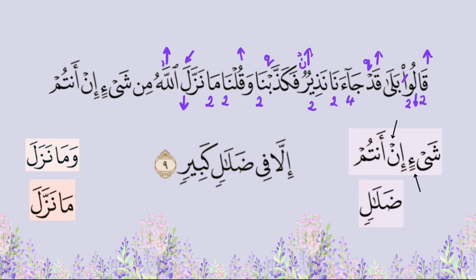Whether it's a kasratin or a fathatin, it's written in the same way. Okay? And when I see a sukoon on the noon, I know that this is idhar because the sukoon is the sign of idhar in the Uthmani Mus'haf. And the reason is that there's one of the letters of idhar coming after it. So we say shay'in, in.